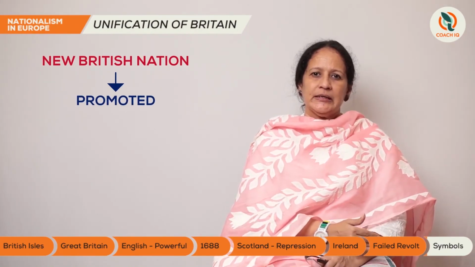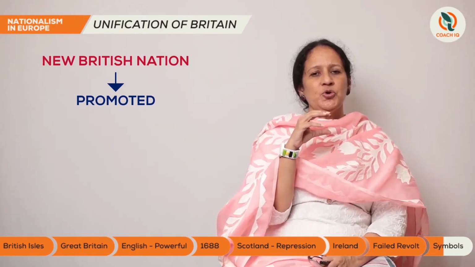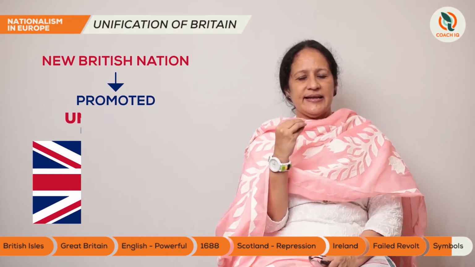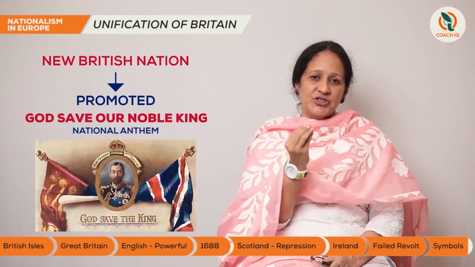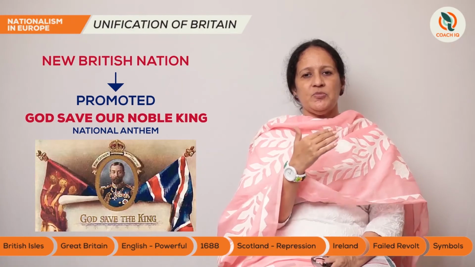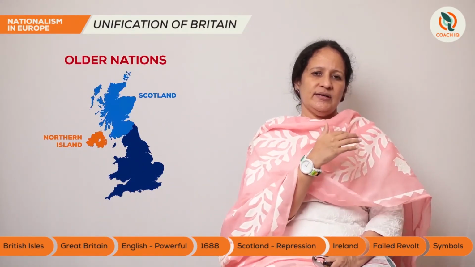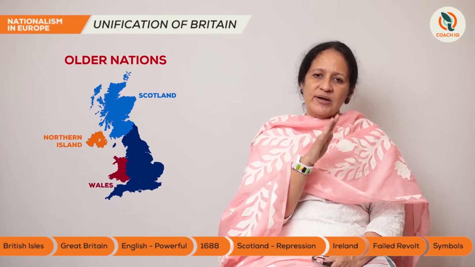A new British nation was forged by actively promoting, spreading, propagating the English culture. So the symbols of this new Britain, that is the national flag, the Union Jack, the English language, the national anthem, God Save Our Noble King, this was actively promoted. And the older nations, that is you could say Ireland, Scotland, Wales, they could continue in this union only as